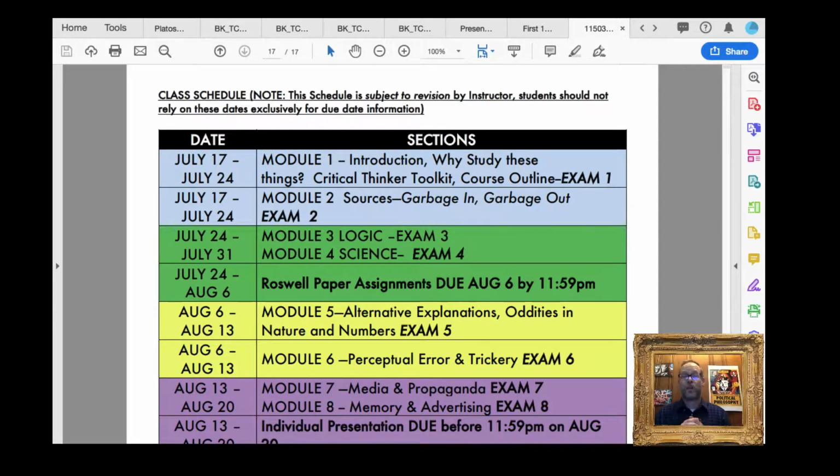to revision by the instructor. What that means is I reserve the right to give students extensions, to give the class an extension. An example of this might be, it's July the 30th, and you've just started the logic module and you realize there's just no possible way you could complete it in 20 hours and you need more time. And you message me before the deadline and say, hey, I need an extension. I reserve the right to modify the due date in instances like that. I will never, ever shorten the amount of time you have to do something. I will only expand it.